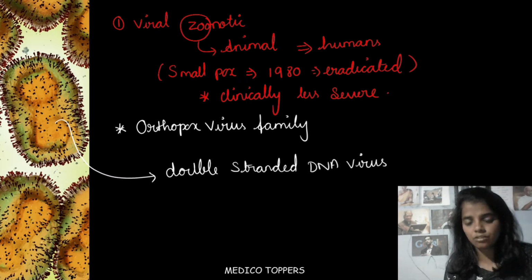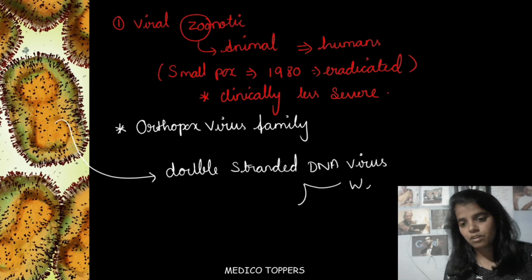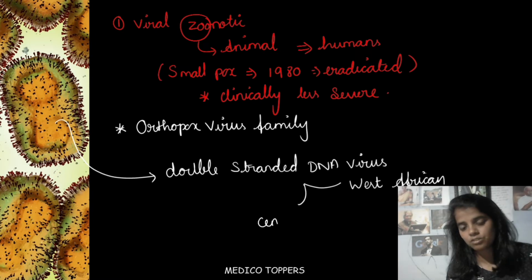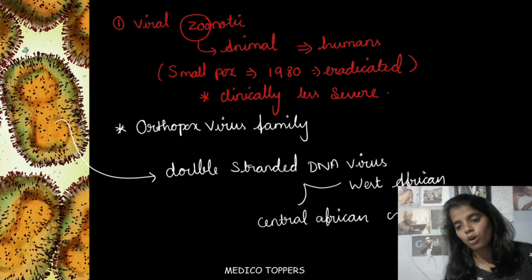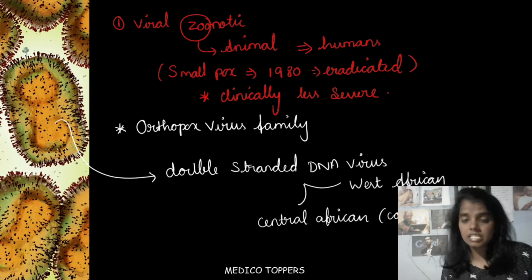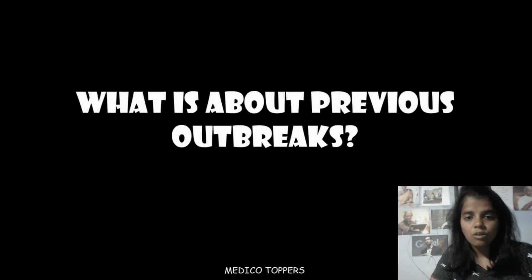In case of monkeypox, based upon the origin, there are two subtypes. One belongs to West Africa, another one belongs to Central Africa, that is mainly the Congo Basin. So this disease was more frequently seen in African countries, and it was endemic in African countries. Now let's move on to the next must-know fact regarding the monkeypox virus,